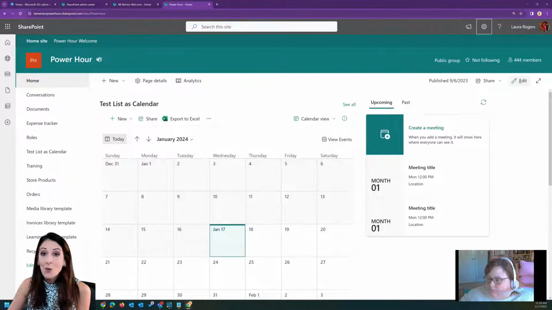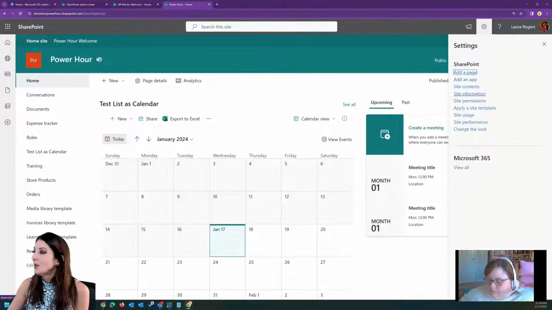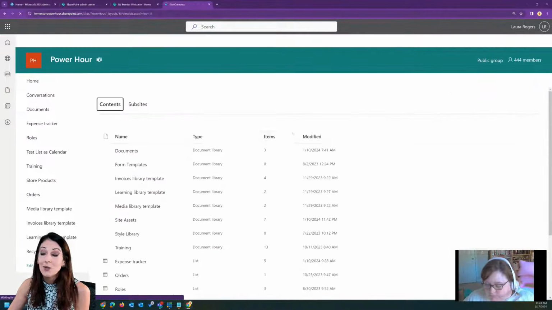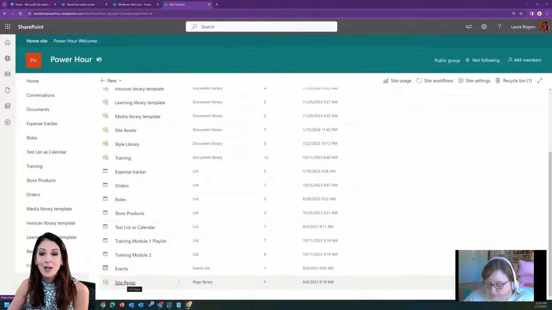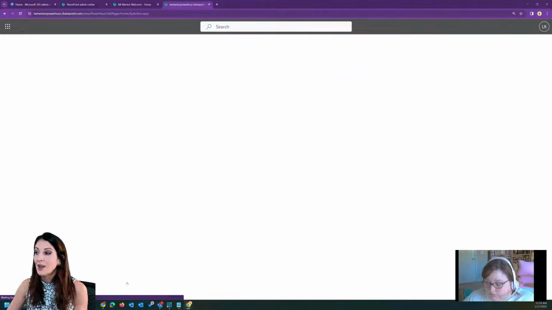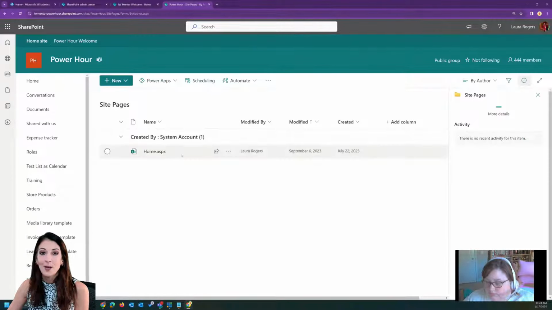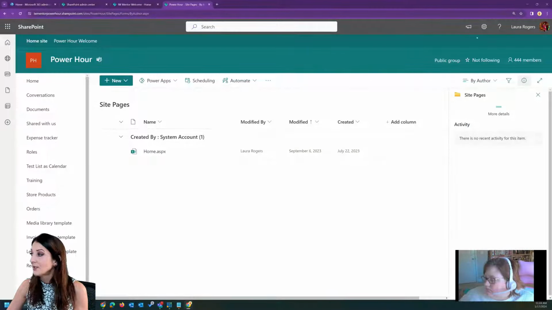So if you don't want all the members editing your homepage or pages at all, you can go to your site contents, and when you go to your site pages library down here, that is where those pages live. The home page is just a file. So when I go to site pages, here's my home page. I'll show you how to do this for the whole library, but you could do permissions for individual files in here. So to just prevent people from editing the home page and any pages at all,